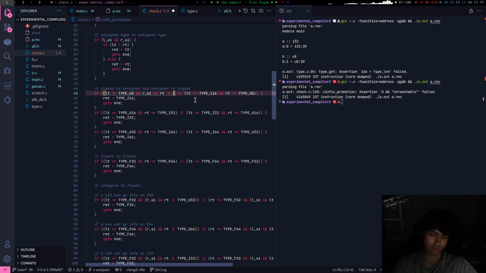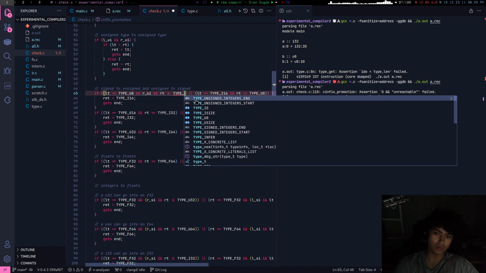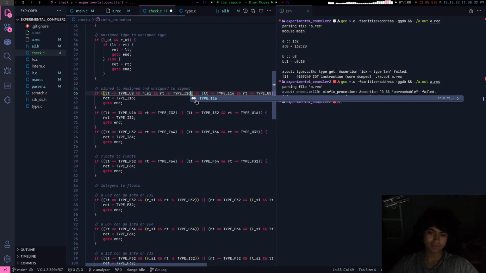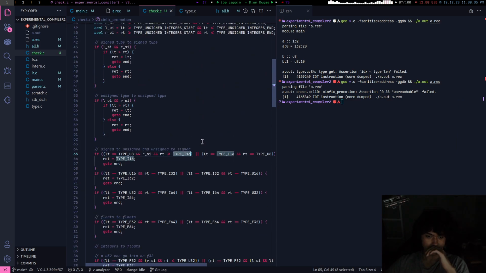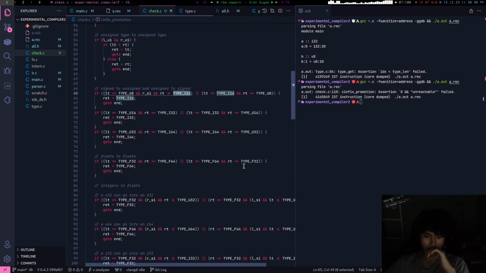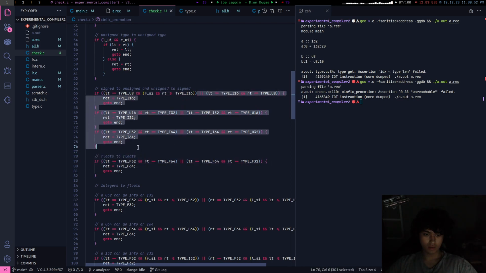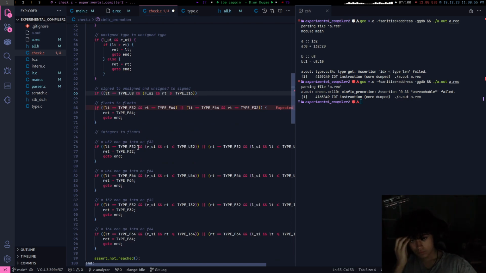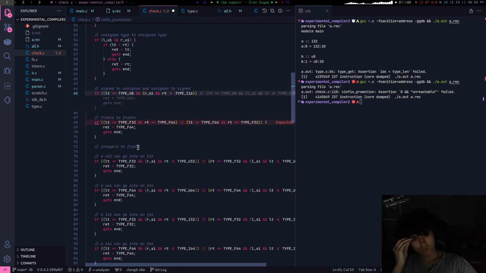Greater than or equal to a type UI16? Okay. Left type is type U8, and sign type is this. Okay, now fill in the rest for me. Sign type is type U8.